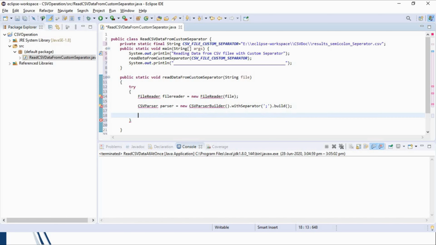And now we will create a CSV reader object with the parameters of file reader and parser.